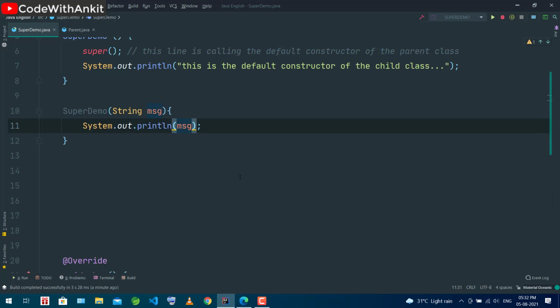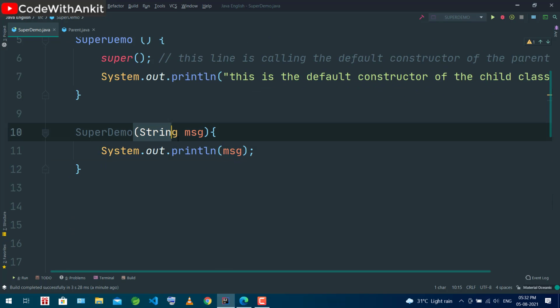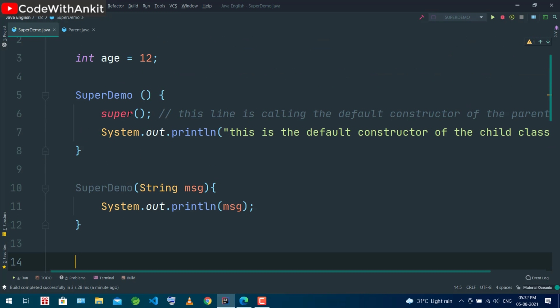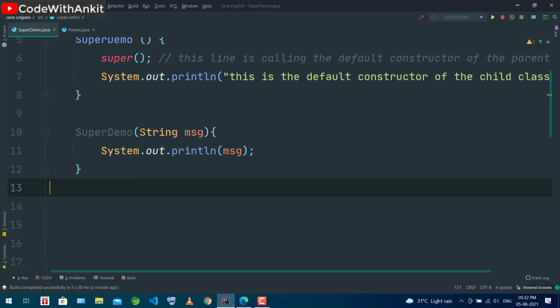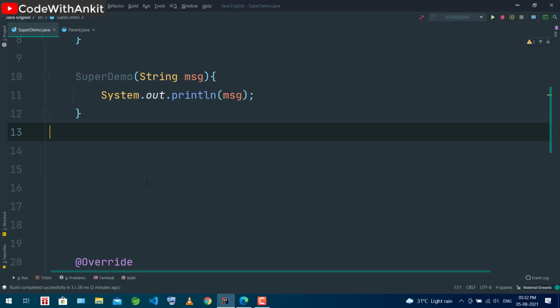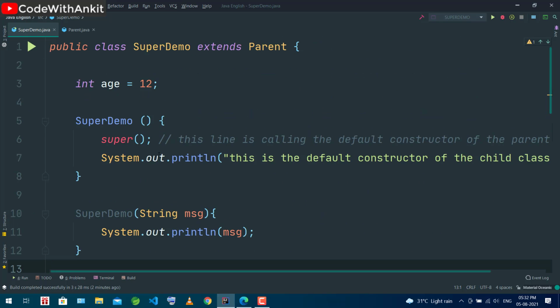So we are having one more constructor, and this is known as constructor overloading, because we have overloaded the constructor. We have created one more constructor with another argument, and this argument is accepting a string data type. Message is the reference variable, denoting that this super demo constructor is accepting one more parameter, and that is a string. Now if you have to call this,